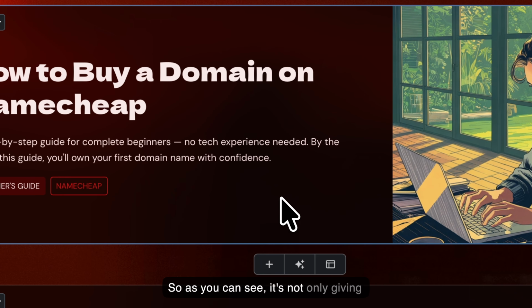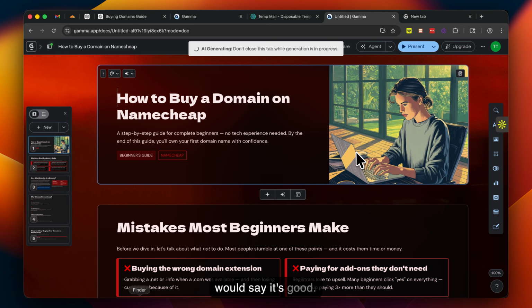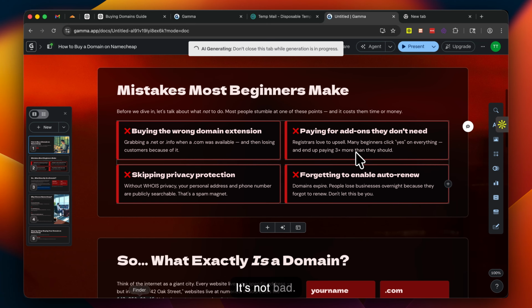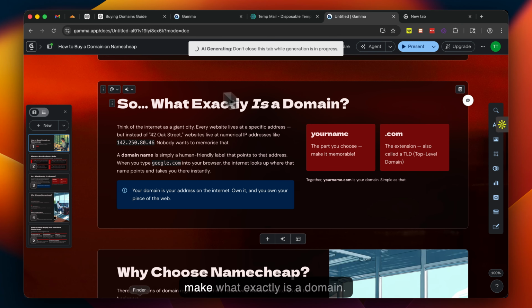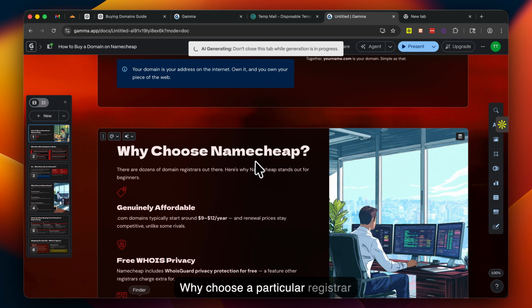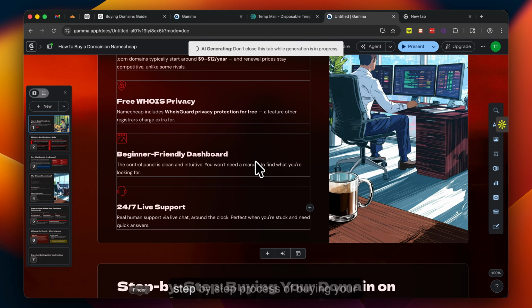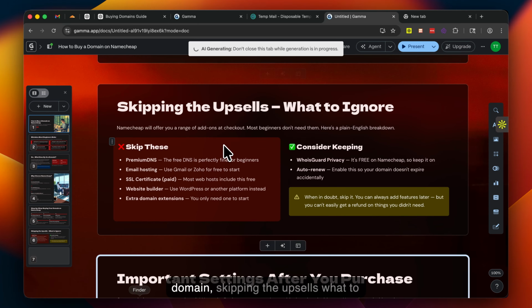So as you can see, it's not only giving me the design and illustrations, I would say it's good. It's not bad. Mistakes most beginners make. What exactly is a domain? Why choose a particular registrar? Step-by-step process of buying your domain.